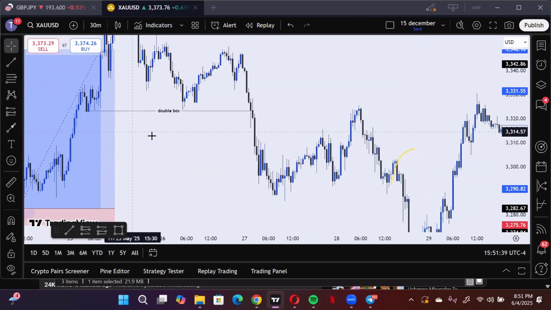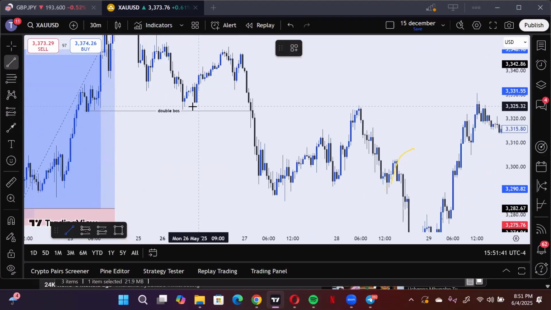Okay, so let's give another example. Market gave you a double breakout structure here. After this double breakout structure, this was officially when market gave you that double breakout structure. Remember, if market is going to give you